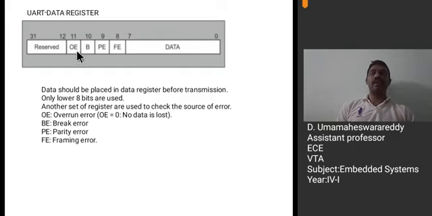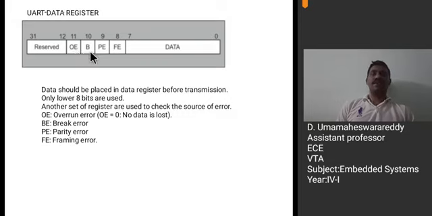Then what happens? The original data will be lost. This type of condition is called an overrun error. So if OE is equal to 0, OE is not set, then no data is lost. If OE is equal to 1, it indicates the data lost condition.